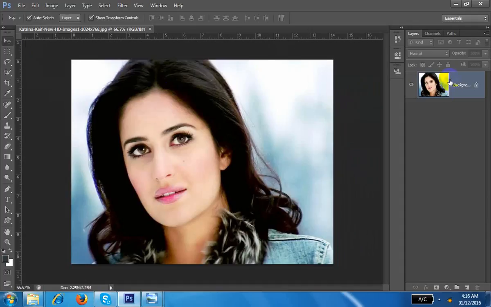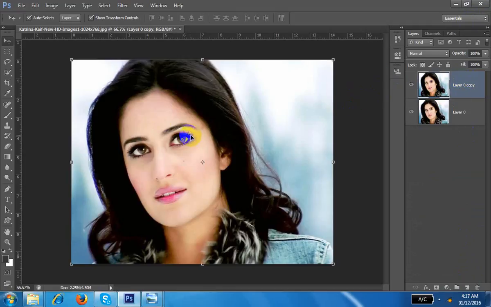Okay, first of all, in Photoshop, open this document, and there is one more option. Control J, you know how to make a copy, everybody knows that. But with the mouse, if you drag the layer onto the new layer icon, you can also make a copy. Understand? There are lots of ways. Actually, there are thousands of ways to do anything, so don't worry. So this is the copy.